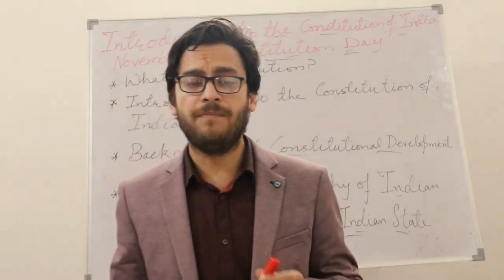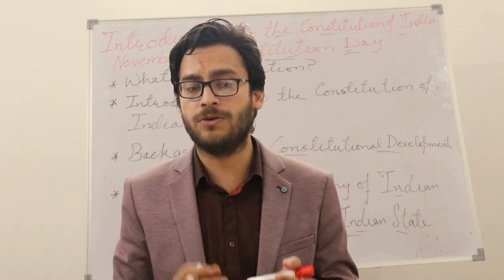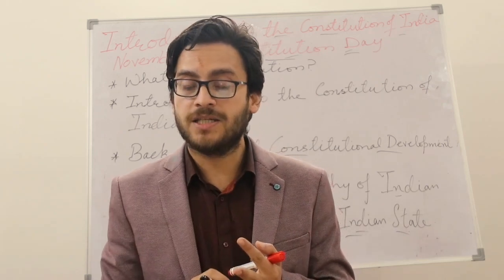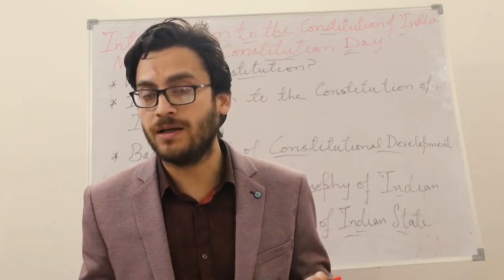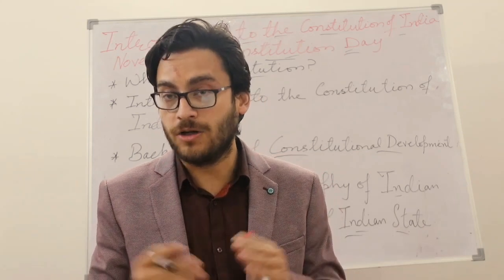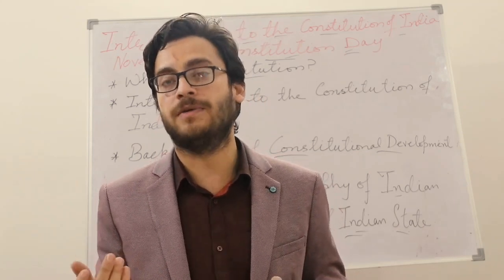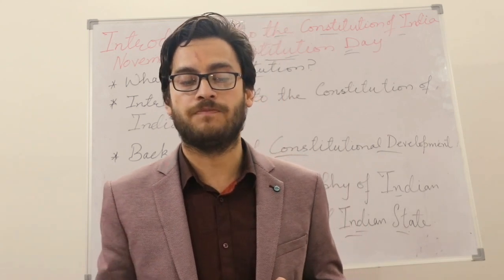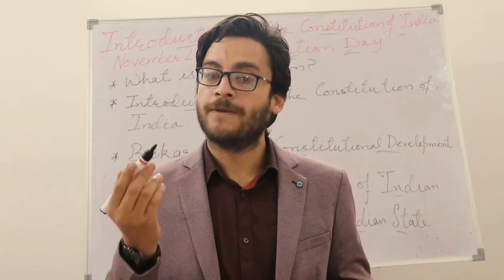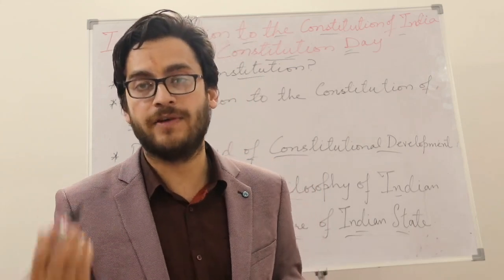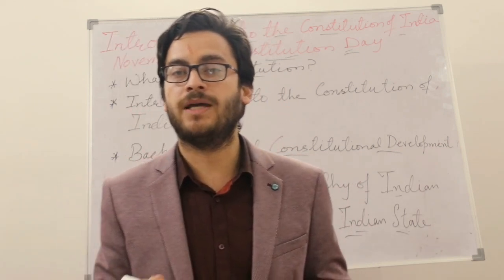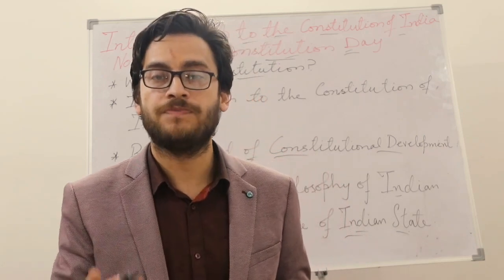So therefore, preamble includes, in a nutshell, sovereign state, that is India, republic, democracy, political justice, or political justice through what? Through adult franchise, economic justice. और economic justice हमें constitution में कहाँ मिलता है? In the directive principles, in the part 4th of the Indian Constitution. Then we have social justice, and social justice we find in the part 3 and the part 4th of the Constitution, like Article 17 है right against untouchability, and there are many articles in the directive principles also that work to bring social justice. And then